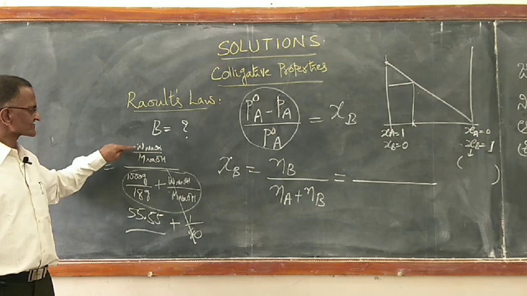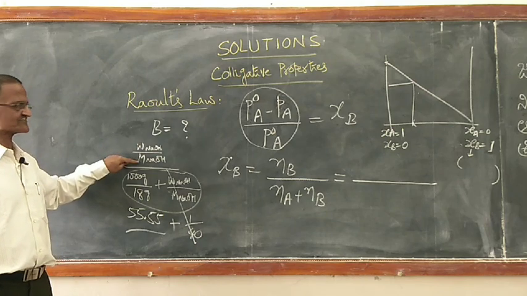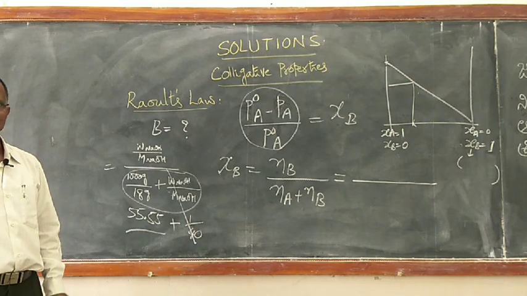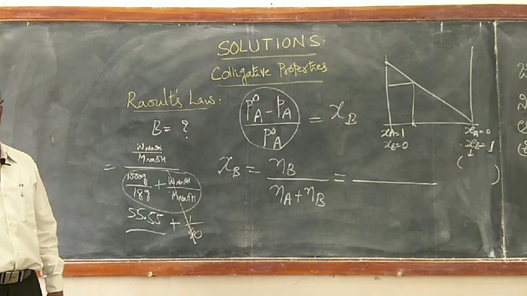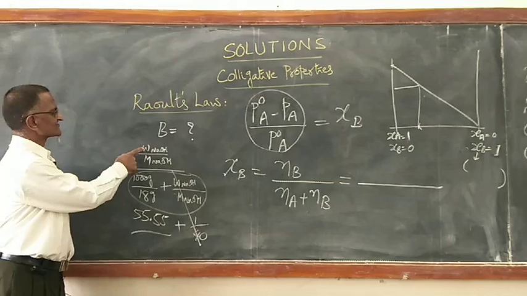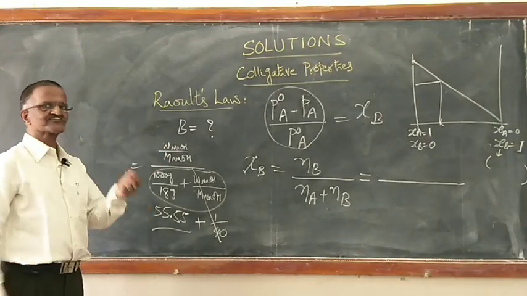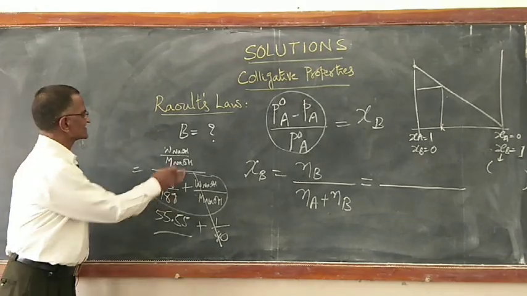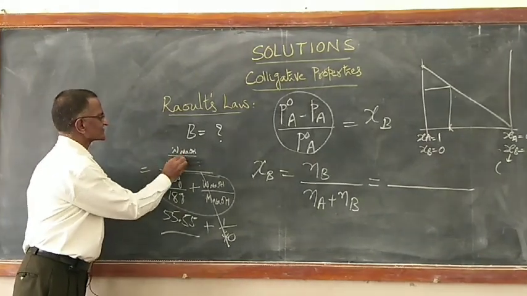Weight of sodium hydroxide, molar mass of sodium hydroxide. Suppose you don't know the molar mass of sodium hydroxide. That means I know how many grams of sodium hydroxide I have taken, but only a small amount of it I have added when compared to that 1000 grams. This means this I don't know.